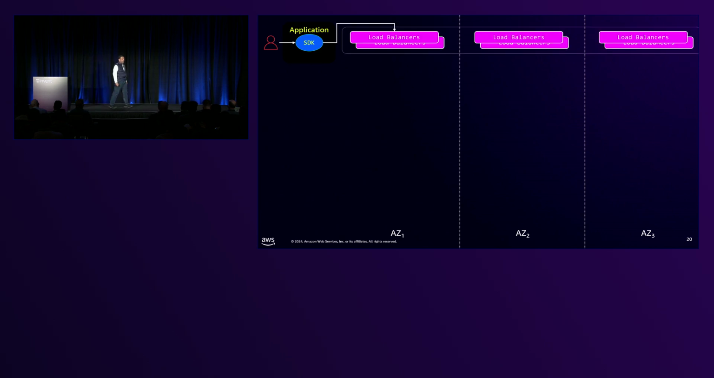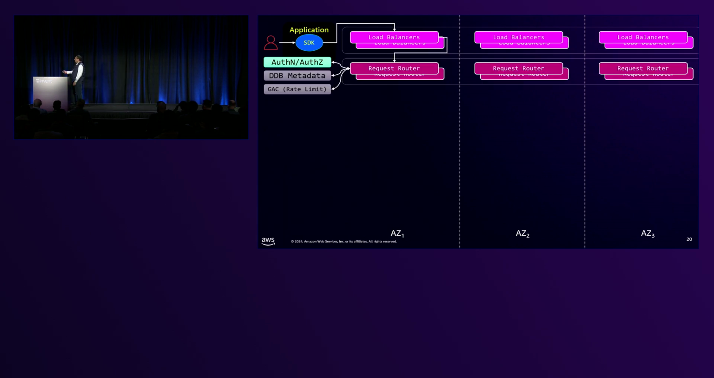That will connect you to one of several load balancers. We have tens of thousands of load balancers in every region. Also, we have those divided into AZs. Behind a load balancer is a fleet of request routers. So when you make a connection from your application, your SSL termination is going to be on a request router